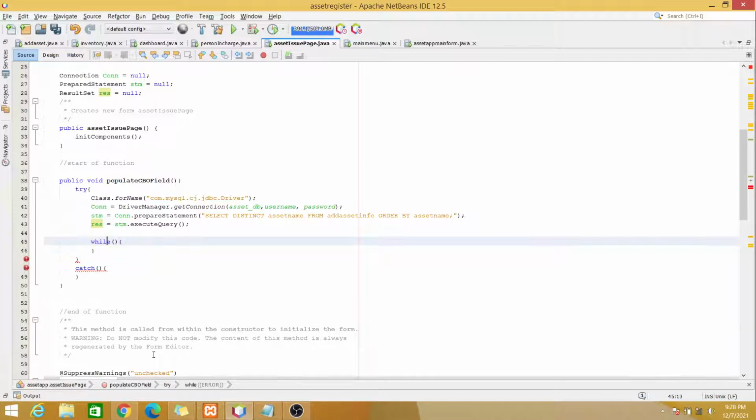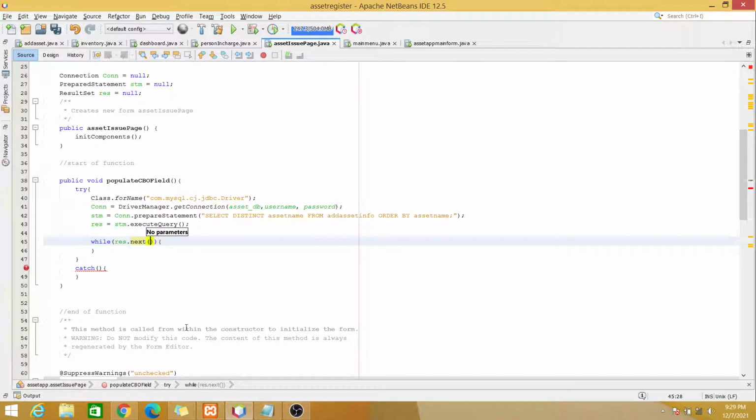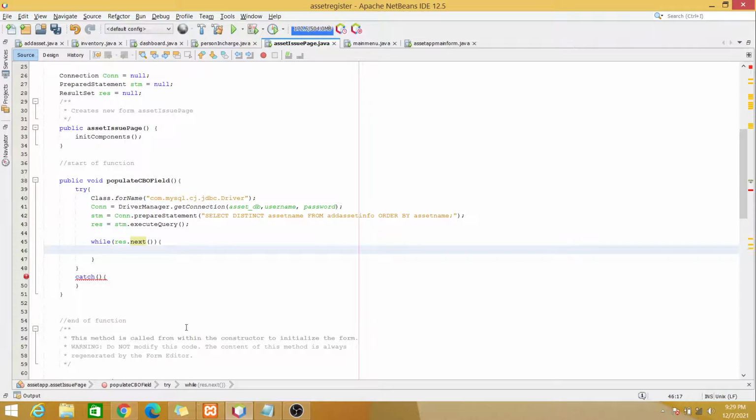So inside our while loop, we will use this result set dot next, and then inside the while loop body, we will be needing the